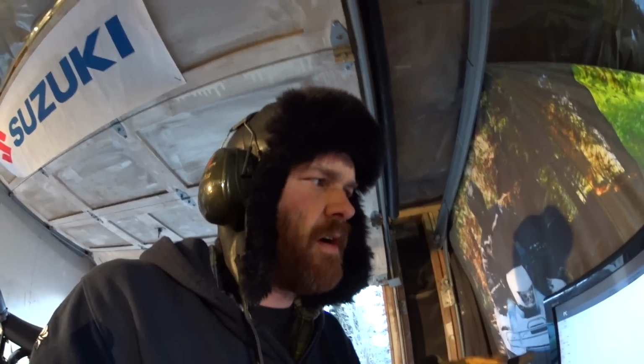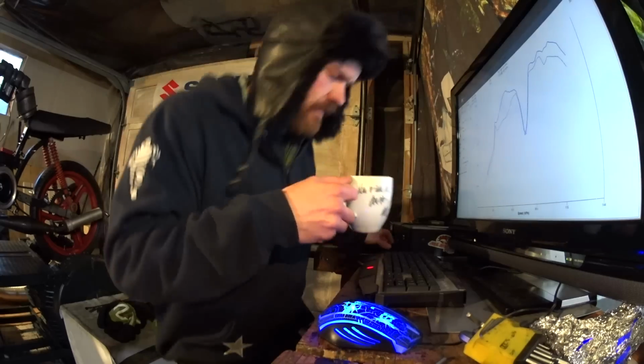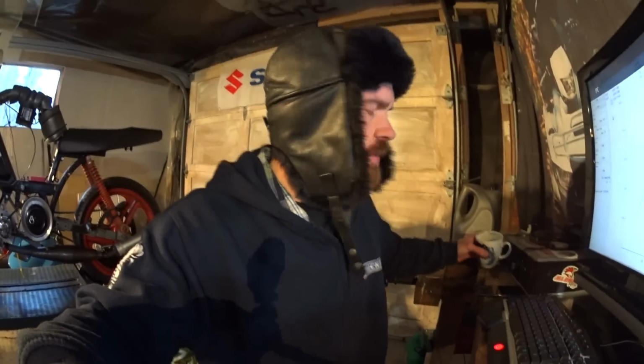Now we're seeing 14.5 horsepower after a couple of runs. So, okay, I'll turn off the noise here. We'll talk about that. Okay, so after advancing the timing a little bit up top, it's kind of hard because